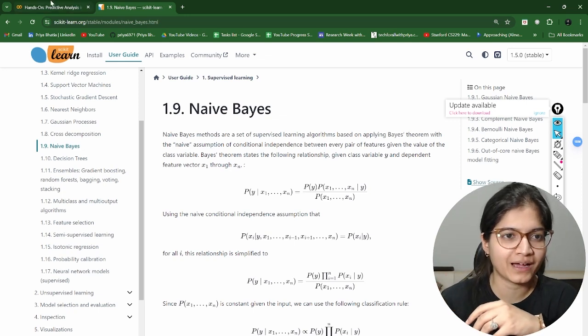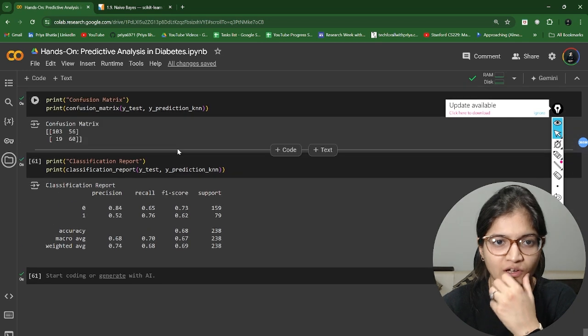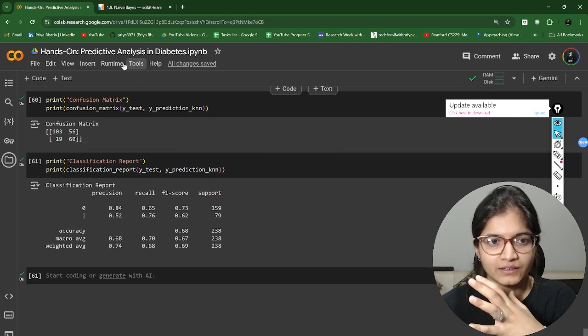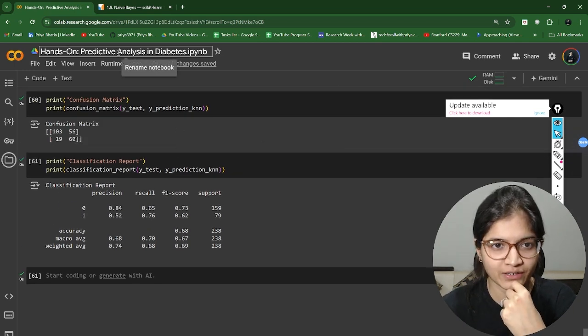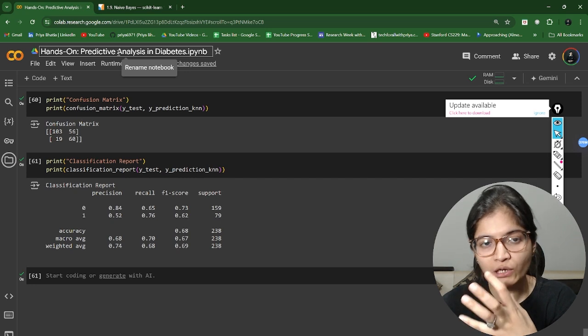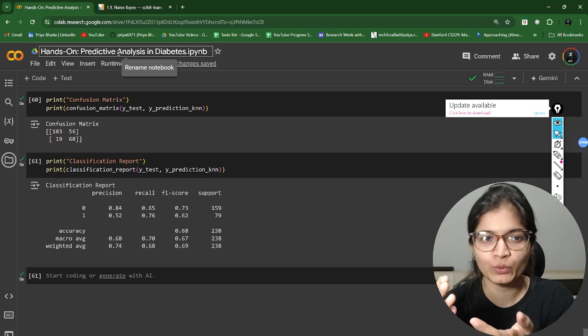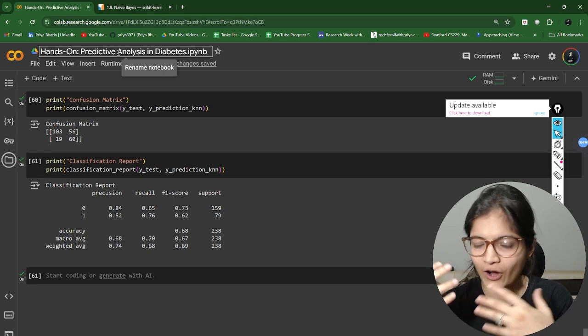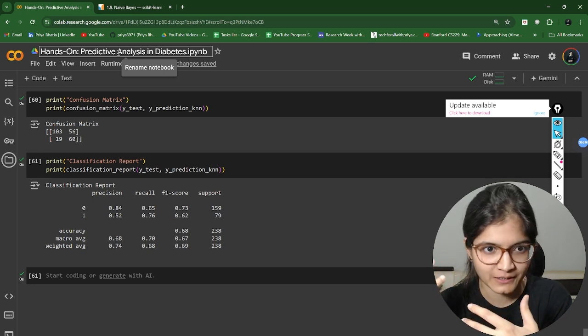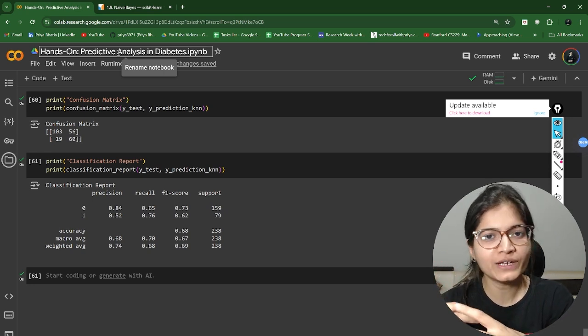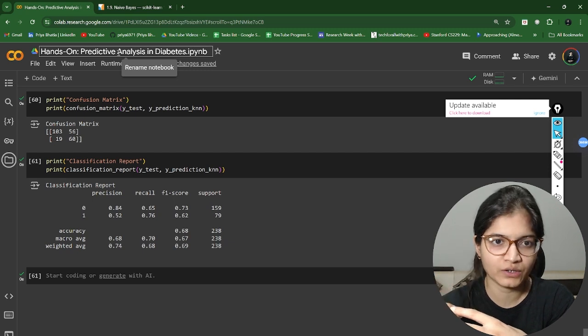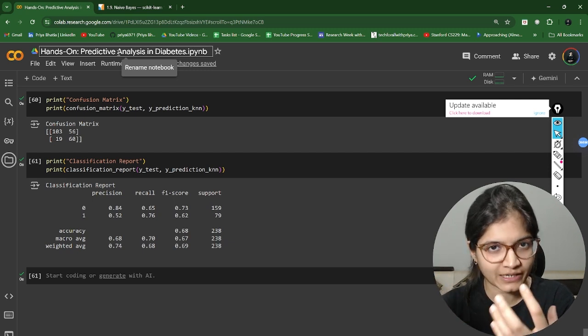So you can see on my left, the file is already open. This is the same project that we have done in great depth, and you all know how I have shown you the complete end-to-end pipeline in this project, where we already have done the main process of EDA. It's just that now we are doing the implementation of the data modeling phase.